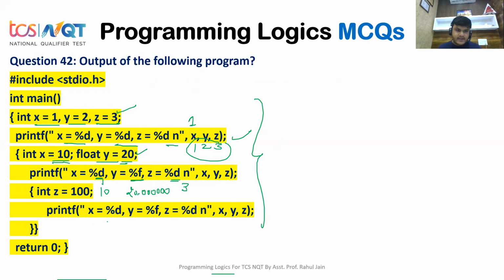And for the last printf line, x equals %d, so which would be printed, guys? Can you answer me whether this or that one? If you see, this is a separate block. So the global variable x, that is 1, would be printed here. y, do we have y here? If you see, float y is there. This float y is declared in the previous block, so it will be called from there, and this would be 20.000000. It would be printed, and here z equals %d, so 100 would be printed. Okay, so I hope that this solution is clear to you.